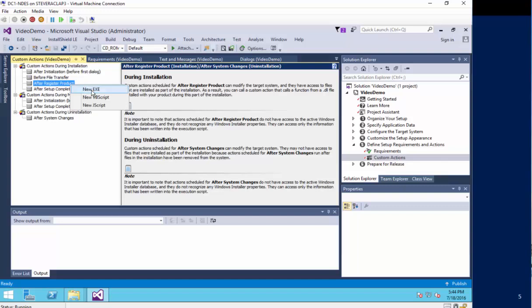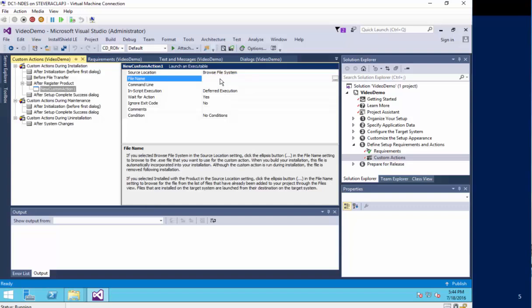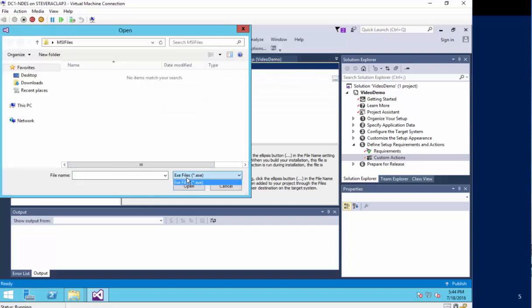And here you get an option, either a new .exe, a new VBScript, or a new JavaScript. Well, I'm just going to use new .exe for now. And then I build out the details. So you notice I need to specify the source location of the executable that I'm going to use, and I can either browse for it on the system or say that it's installed with the product. Right? So if I browse on the file system, I can find it. Notice it's only the exe file type,